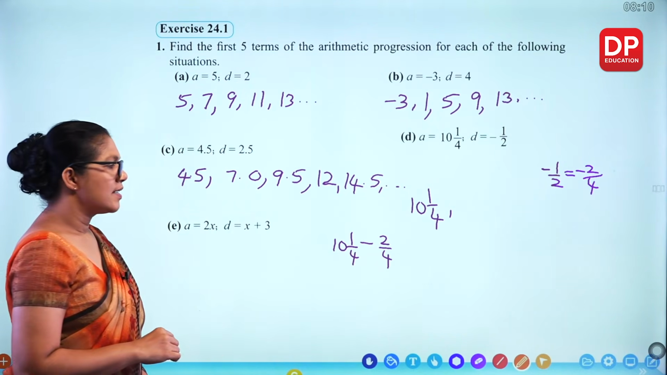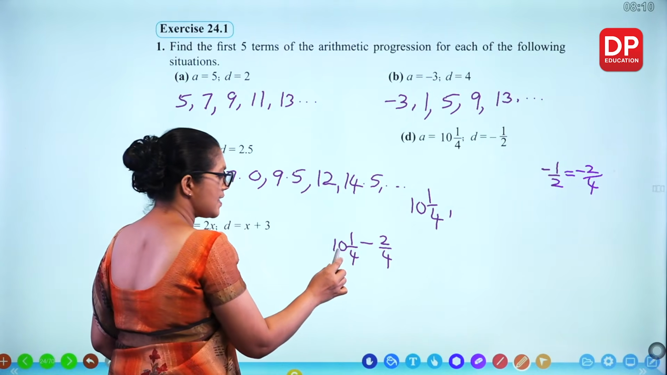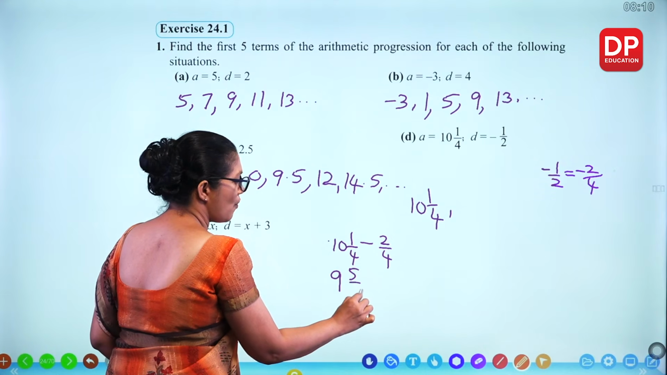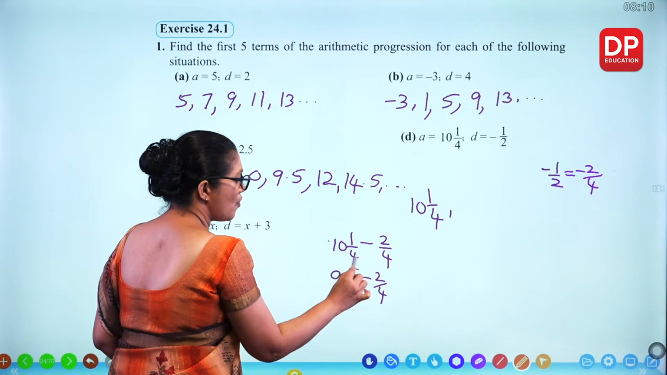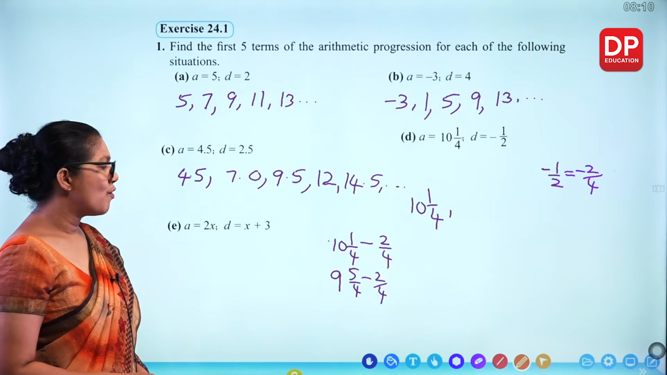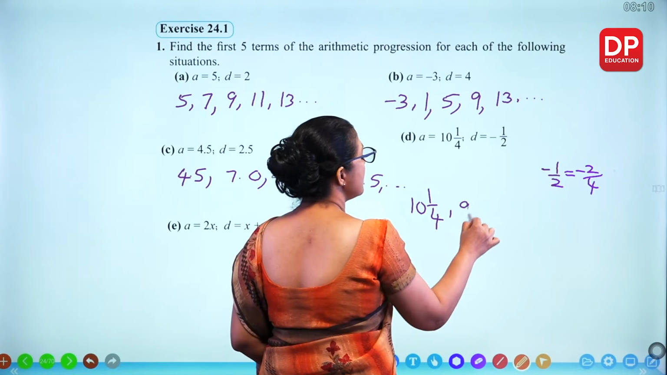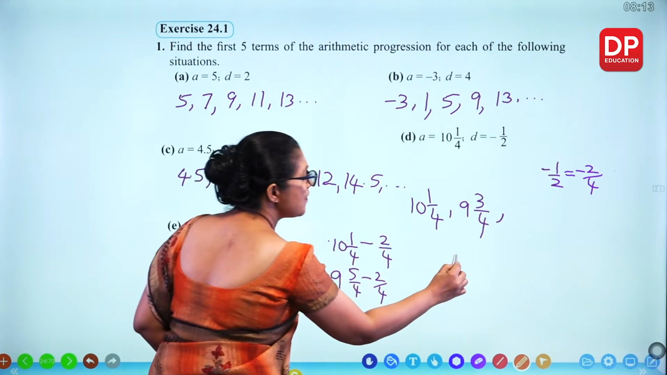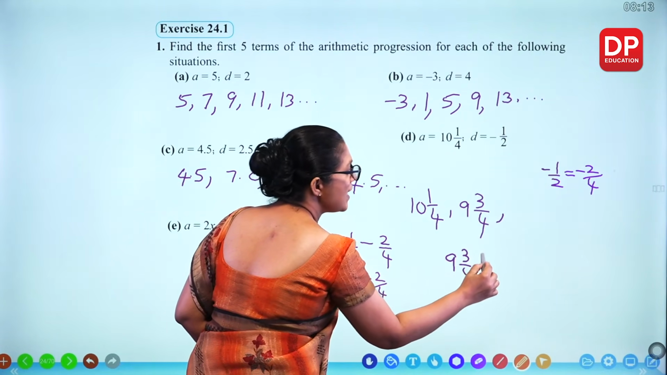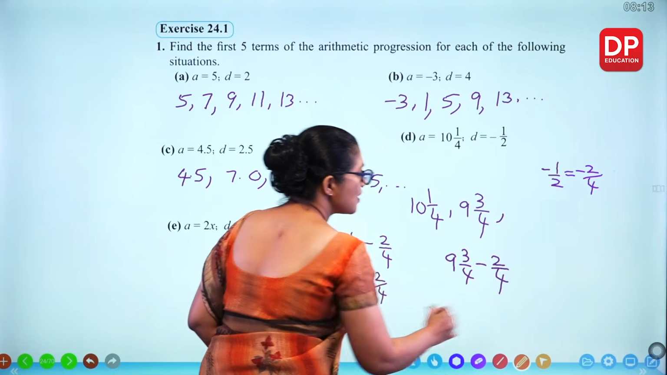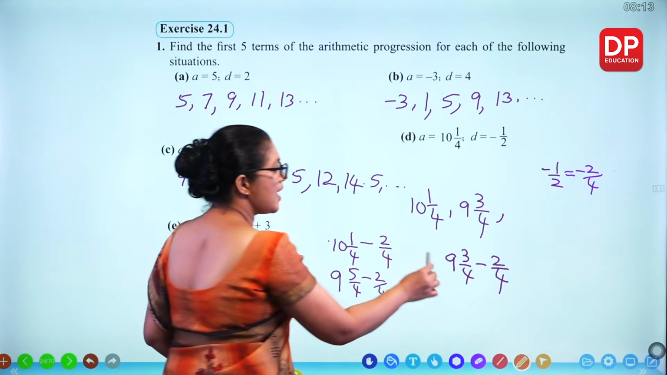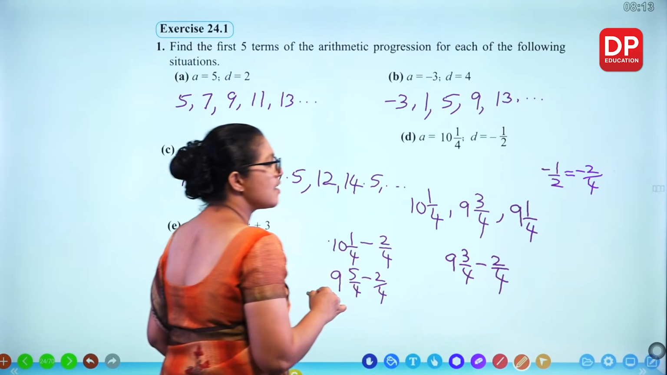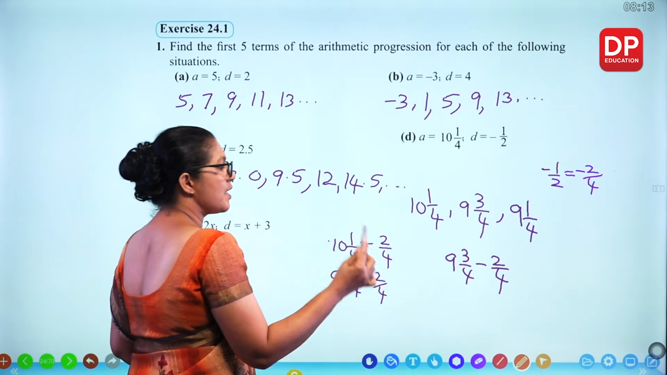What's that? You can write this one as 9 and take 1 to that. You get 5 over 4. Minus 2 over 4 becomes 3 over 4, so 9 and 3 over 4. Now the next term, 9 3/4 minus 2/4. How can we subtract here? 9 minus 0 is 9, 3 minus 2 is 1. So 9 and a quarter. What's the next one? 9 and a quarter